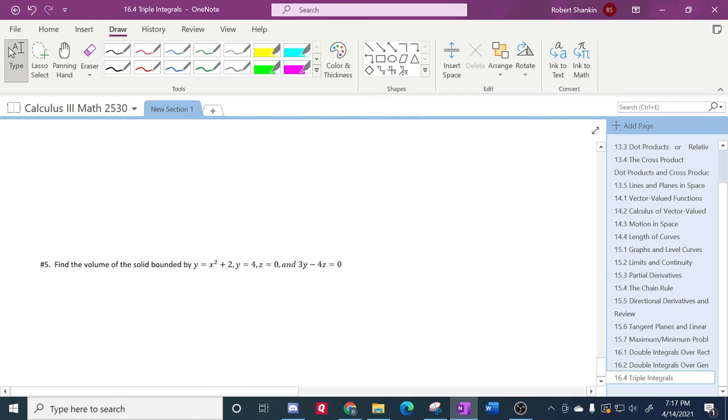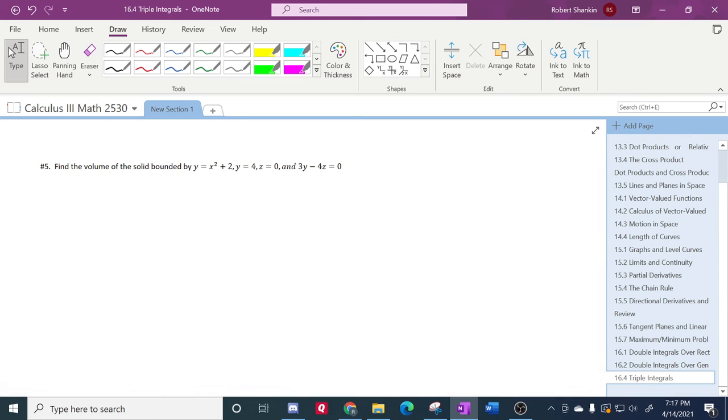But what I want to spend our class time on is making sure, because I think you can handle doing the computational triple integrals, what's harder to get a handle on is the concepts involved. So here's a problem: find the volume of the solid bounded by